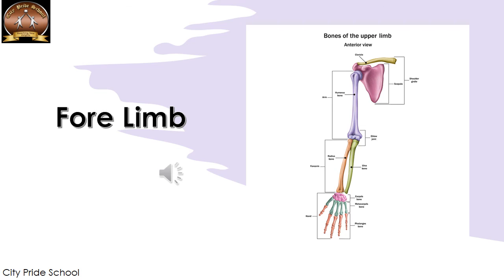Then here in the wrist region, you are having around 8 bones, right? The wrist region has 8 bones which glide over each other. Then you have the carpals, 5 carpals in the palm region, and the phalanges, okay, which consist of 3 bones in each finger. All right. I will continue with the pelvic girdle in the